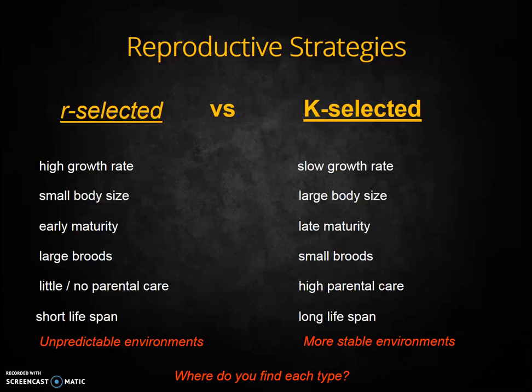On the other hand, the K-adapted species puts lots of energy into a few individuals. The organism grows slowly, reaching reproductive age late in life, has just a few young, and cares for their young for a long period of time. The strategy is to put all the energy into a few individuals such that they are strong and able to